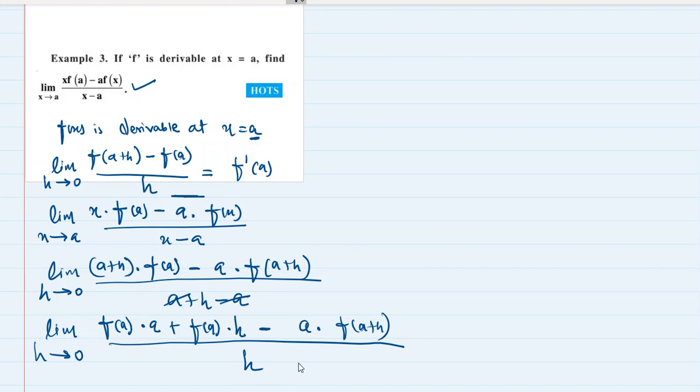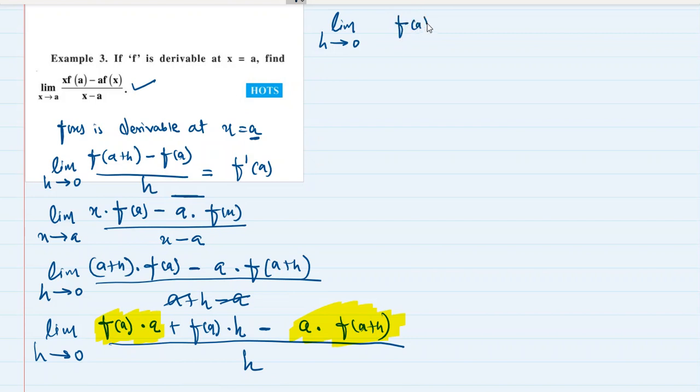See, now, do you see two terms? I just want to show you over here. You can get confused. So just see this term and just see this term. What is common between these two terms? A is common between these two terms. Can we write them together? Yes, we can. So limit when h tends to 0 of, let's write it as